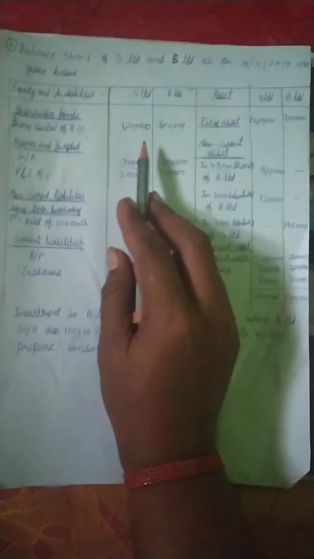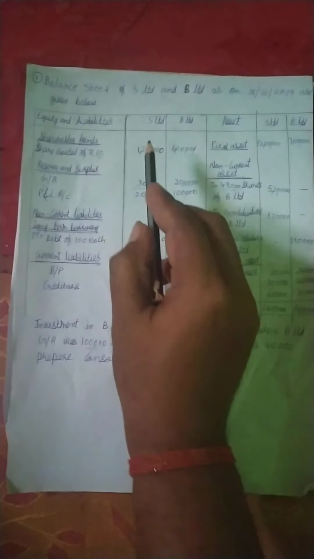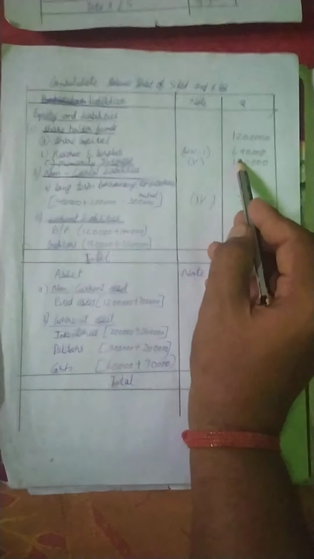Then after making all this, we will be getting to the consolidated balance sheet preparation. In that, we will first be looking at share capital. As you know, the problem stated the share capital of S Limited. We are preparing the S Limited consolidated statement. Because of this, 12 lakhs will be share capital, and reserves and surplus as we calculated, 6 lakh 90,000, we will be showing here.